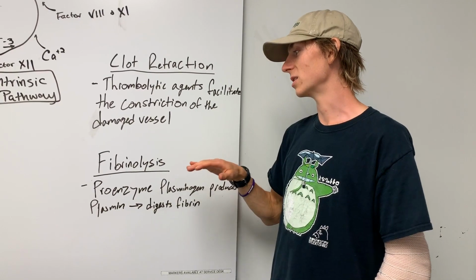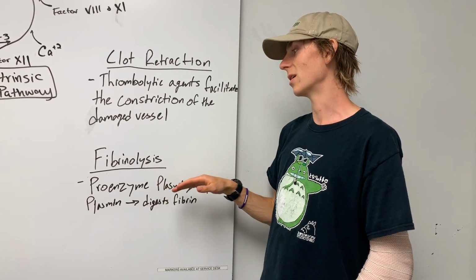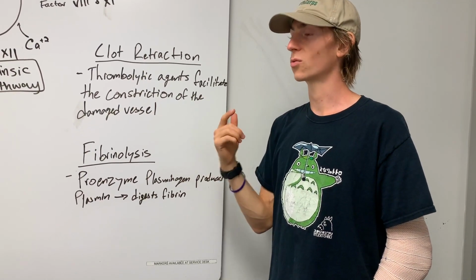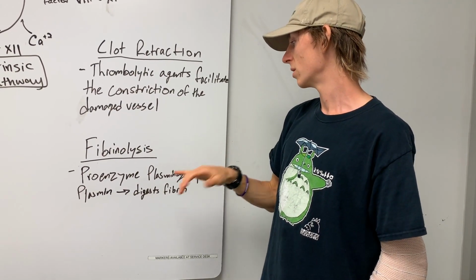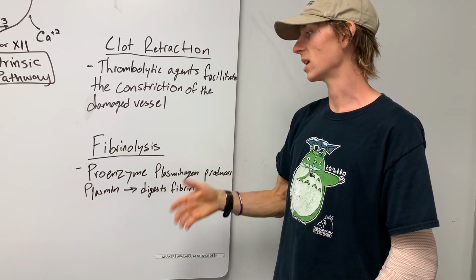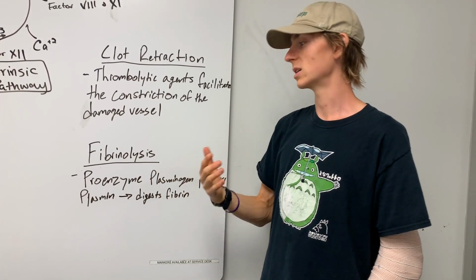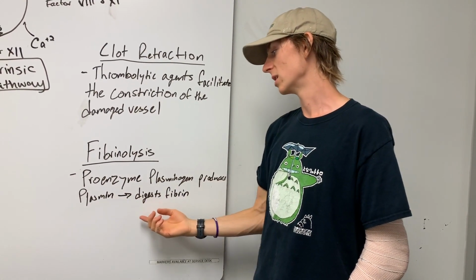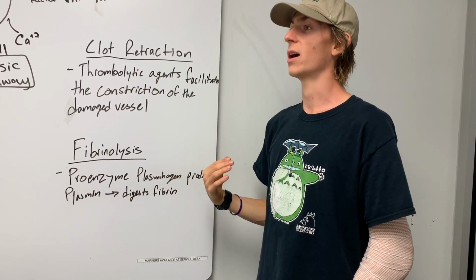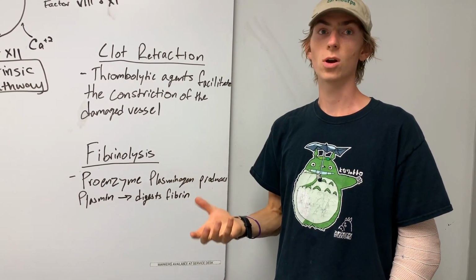Final part is the fibrinolysis, which is the breakdown of the fibrin molecules at the site of the clot. So the enzymes thrombin and plasminogen activator enzyme that are present at the site activate the proenzyme plasminogen, which then produces the enzyme plasmin, which begins to digest the fibrin and break down the clot so that it doesn't grow and get out of